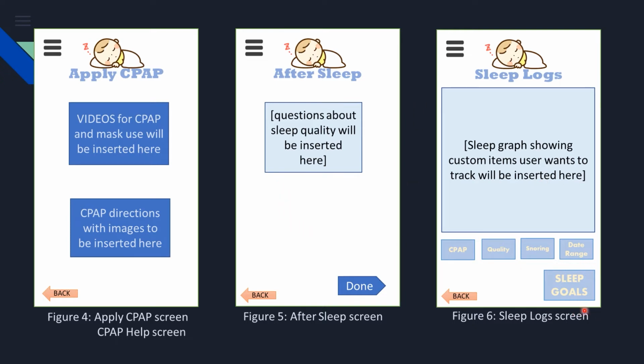In figure 6, sleep logs will bring the user to a visual representation of the information logged from the before and after sleep functions. They are able to see sleep hours and sleep quality, such as the restlessness during the night, as well as different buttons to toggle the graph information to show CPAP usage. There's also a button below the graph to change the date range to show information over varying lengths of time, from weeks, months, to years, depending on how much the user has used the app. This can help users see sleep progress and make connections on how different behaviors and sleep actions can affect sleep quality. The Sleep Goals button on the bottom of the screen will take you to